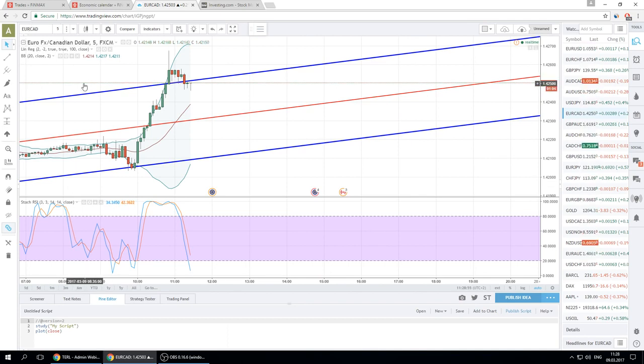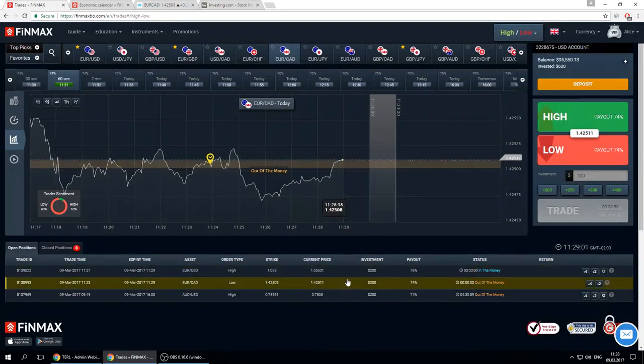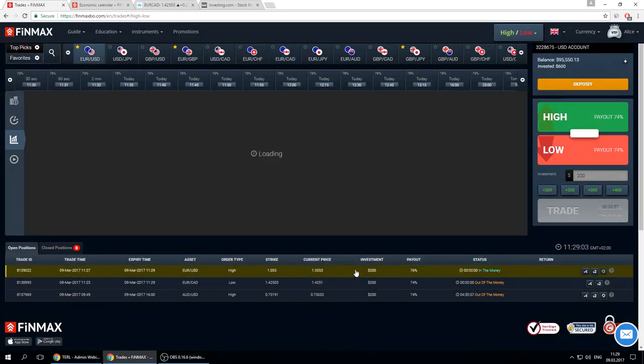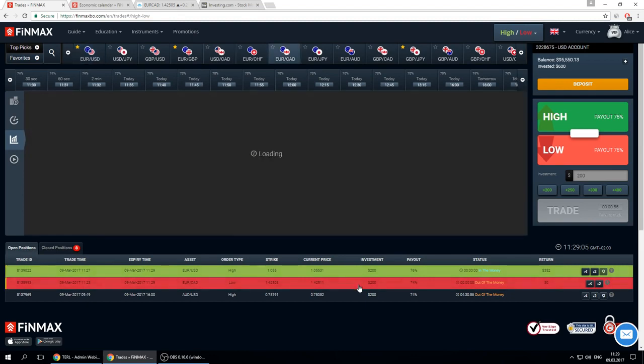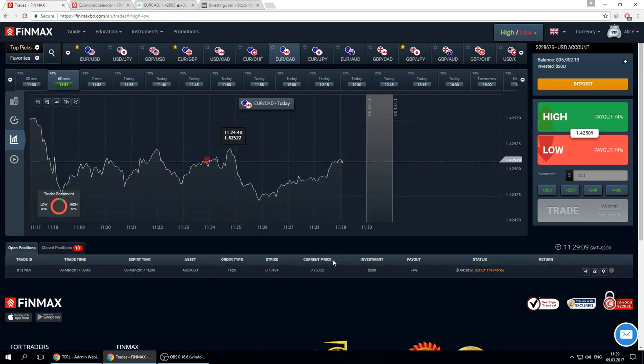Okay, so for me that's not clear enough on what to do next. This trade is in the money, this trade is out of money, so I need to